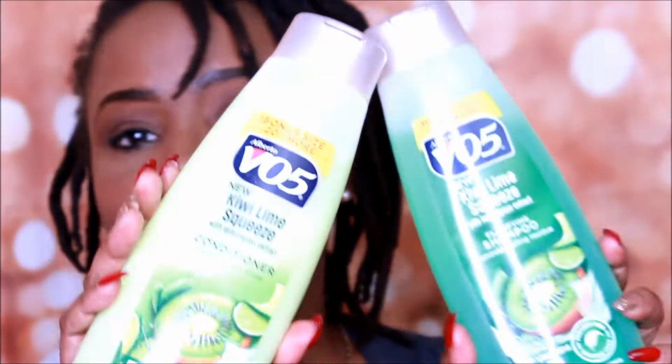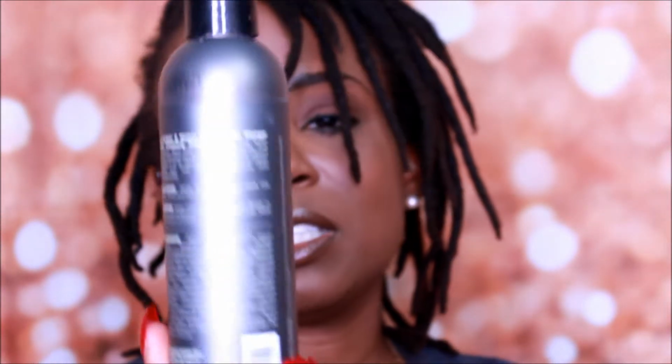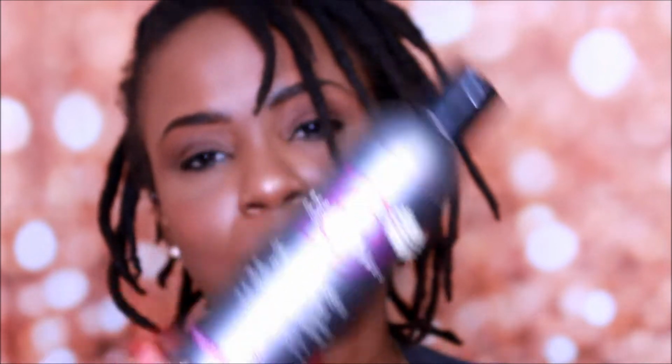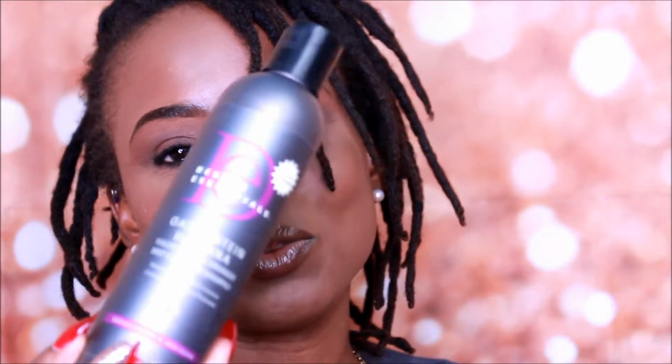This is the shampoo that I use. It is very affordable. I just did a review on this. This is the V05, so that's what I currently use at this point. Okay, and sometimes I use this, but I don't use it as often. This is the Design Essentials protein and henna. I did a review on this as well. I don't use it as often because it is a little pricey, so I try to keep that on the